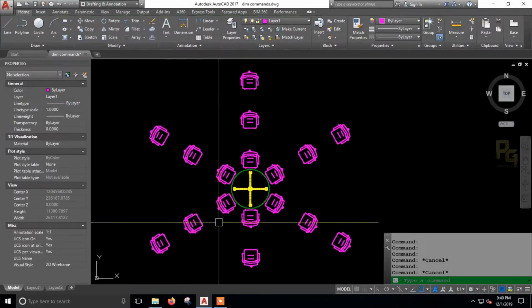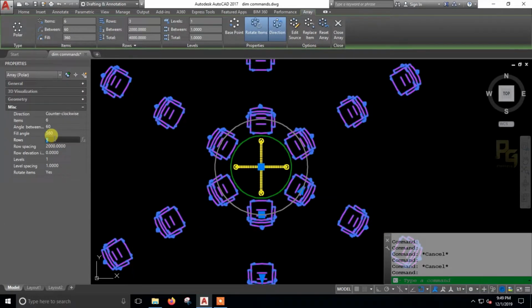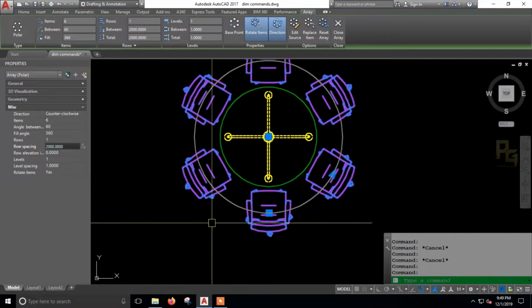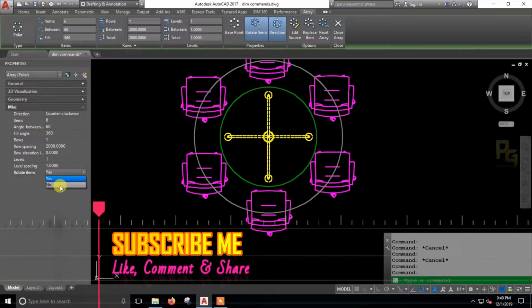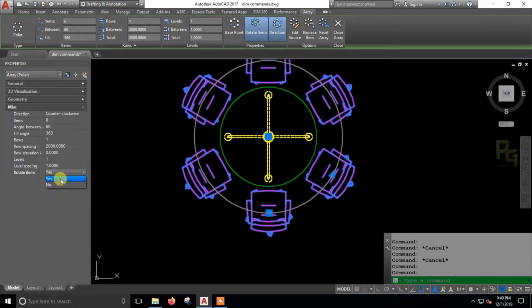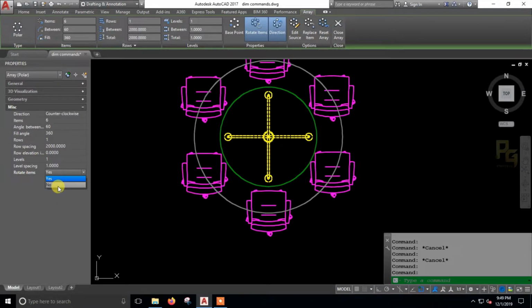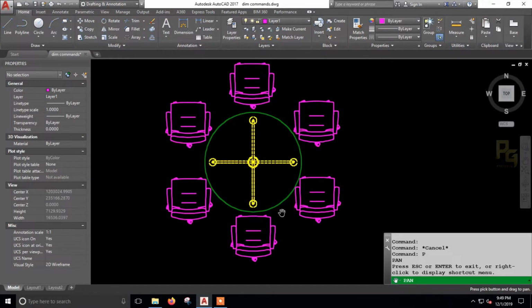Rotate items means, I am making it as 1 now. You can see the rotate items. Yes means it rotates with respect to the center. If you give no, it acts in this way.